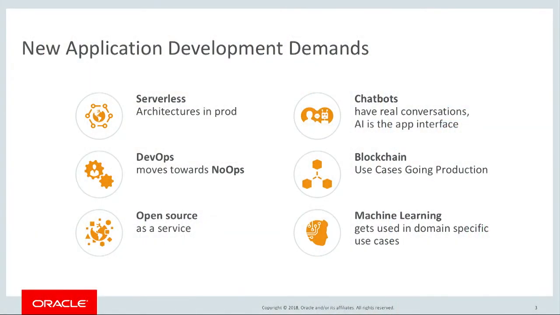Blockchain, really exciting technology where use cases are beginning to get into production. But as you think about blockchain, you're now having to think about how to run Hyperledger Fabric, how to make sure that that Hyperledger Fabric runs in a very performant and secure fashion. So you need to get a whole bunch of things going before you can actually experiment with your use cases.